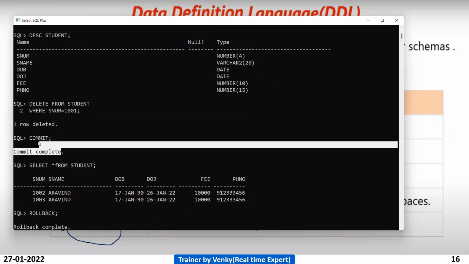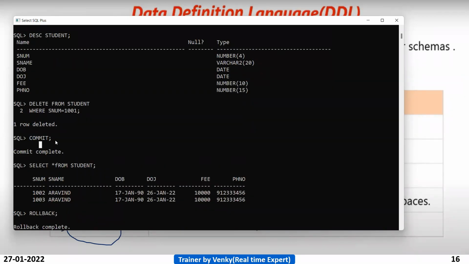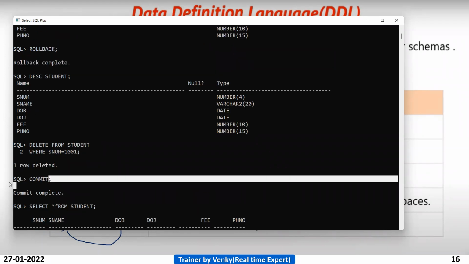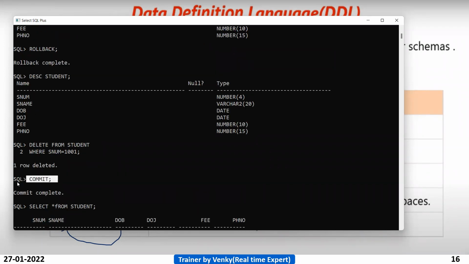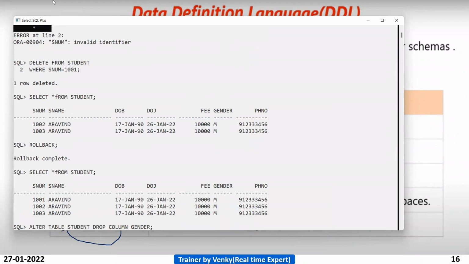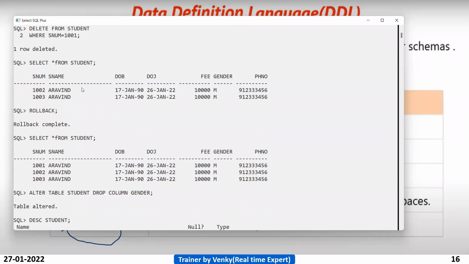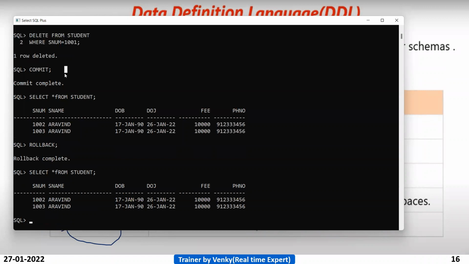What are we trying to convey to the compiler using the commit command? Whatever I have deleted, any transaction above the commit command, all has to be committed to the database, because commit is nothing but permanently storing the data.